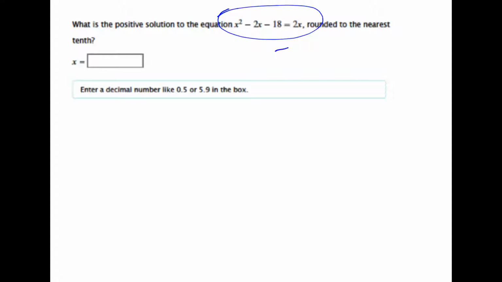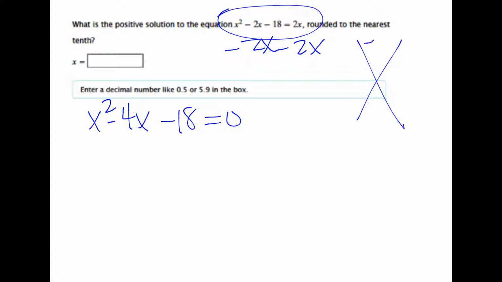So this 2x needs to go over to the left side, and you are left with x squared minus 2x, that is supposed to be 4x minus 18 equals 0. And if you had started trying to factor it, you probably would see that there's no factors that'll give you both of these numbers. So factoring is out. So you could either complete the square, or you could go ahead and use the quadratic formula,